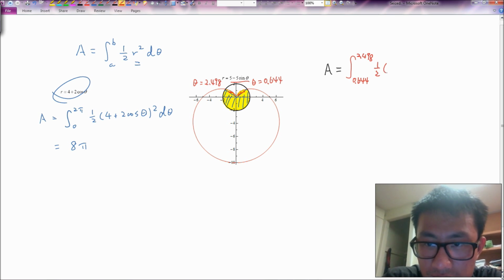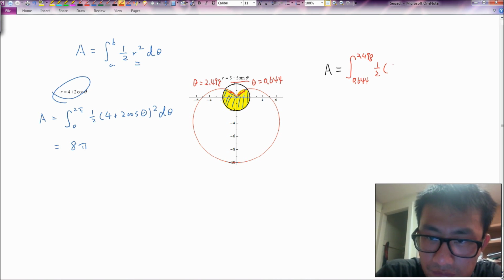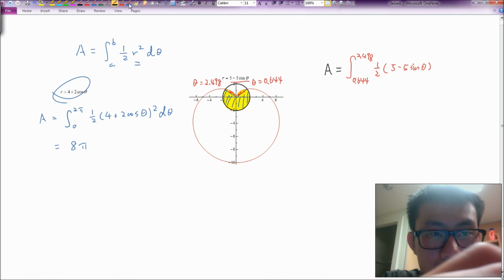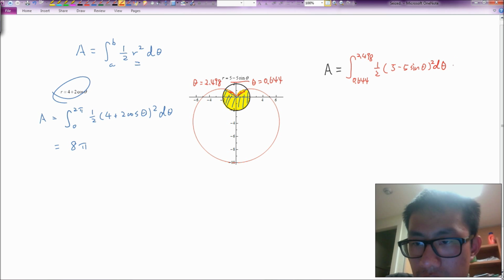So half r squared, which is 5 minus 5 sine theta, squared, d theta, and plus